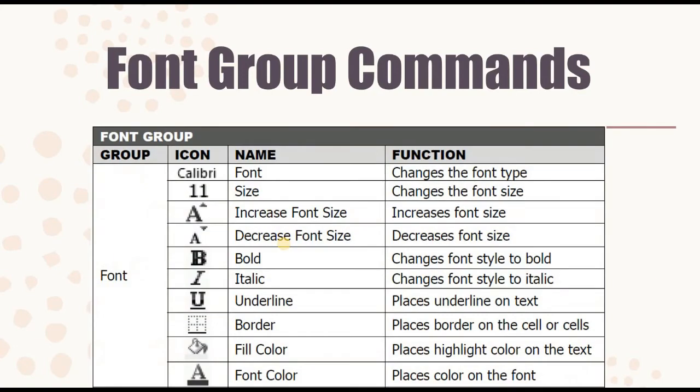Then next, we do have the table here: the group column, icon column, name column, and function column. Of course, we're going to use the font group only in working with text, so there is no other group here, the font only. Next, icon. Yun daw yung ating mga icon na makikita inside the font group. Pag nakita mo si Calibri, ibig sabihin ng tawag daw sa kanya is font, pwedeng font style, pwedeng font